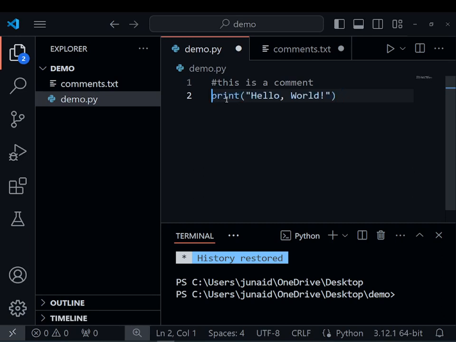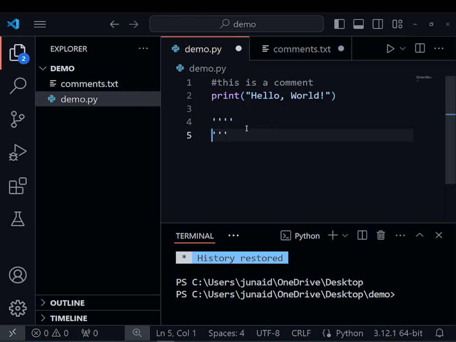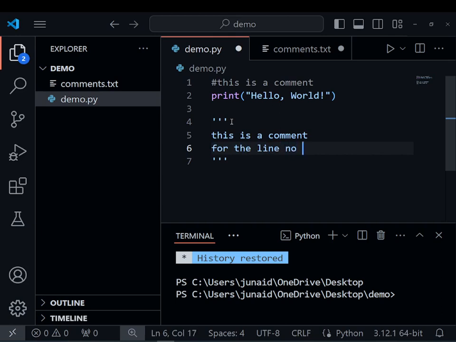And also there is another way to comment, because Python ignores string literals that are not assigned to a variable. So if you type string literals, you can choose three string literals, and you can use them as a comment holder and type multiple line comments, like this is a comment for line number 2. So Python will also treat